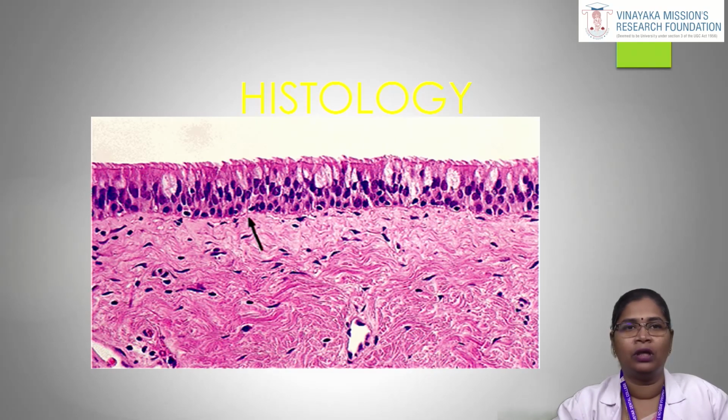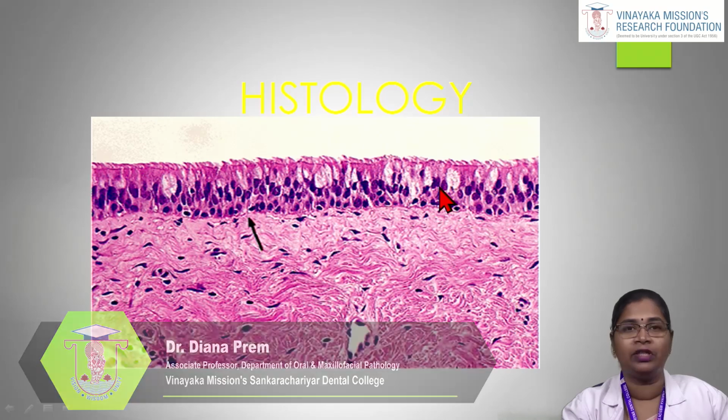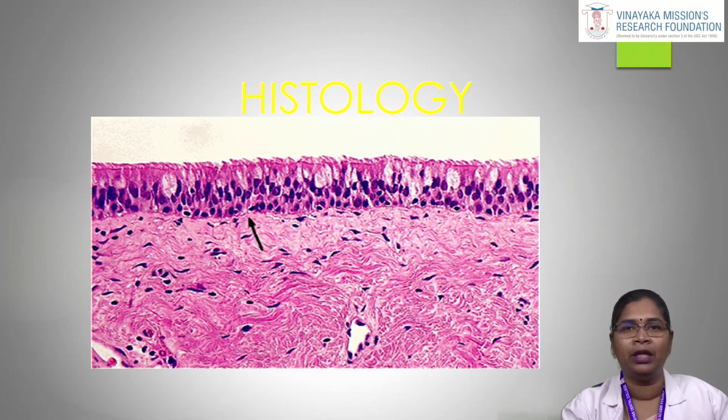Let us first know the epithelial layer of the maxillary sinus. The epithelial layer of maxillary sinus lining is thinner than that of the nasal cavity. It is very thin, and it is composed predominantly of pseudo-stratified columnar ciliated epithelial cells, which is derived from the olfactory epithelium of the middle nasal meatus. In addition,